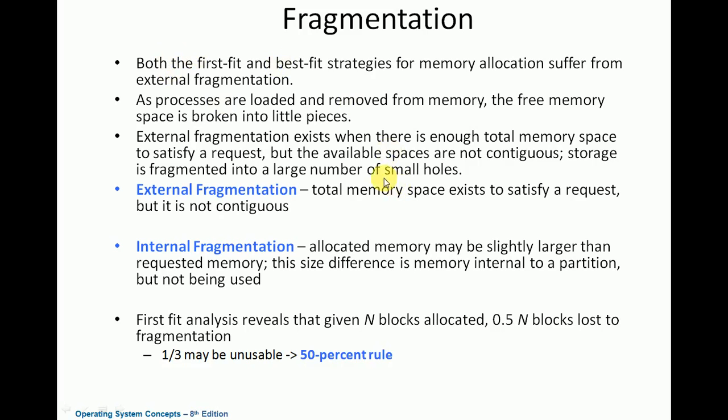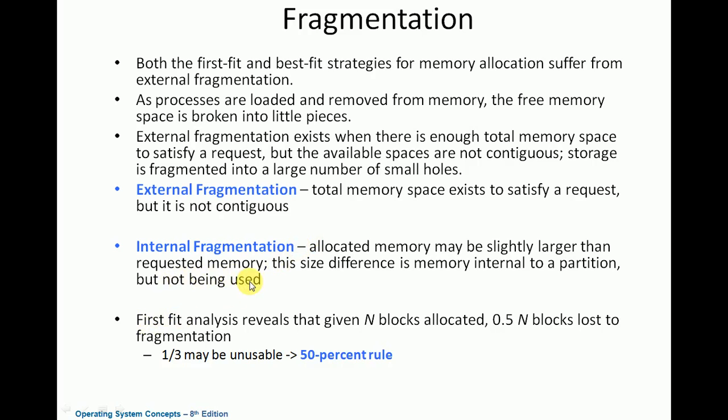and we can have a larger hole which can be allocated to the new process. But in this case it is not possible because they are not contiguous, and the memory holes which are available may not be sufficient to accommodate a new process. So even though the total memory space is available, we are not able to use it. That is called memory fragmentation or external fragmentation. In external fragmentation, total memory space exists to satisfy the request, but it is not contiguous. It cannot be allocated because it is scattered throughout the memory.